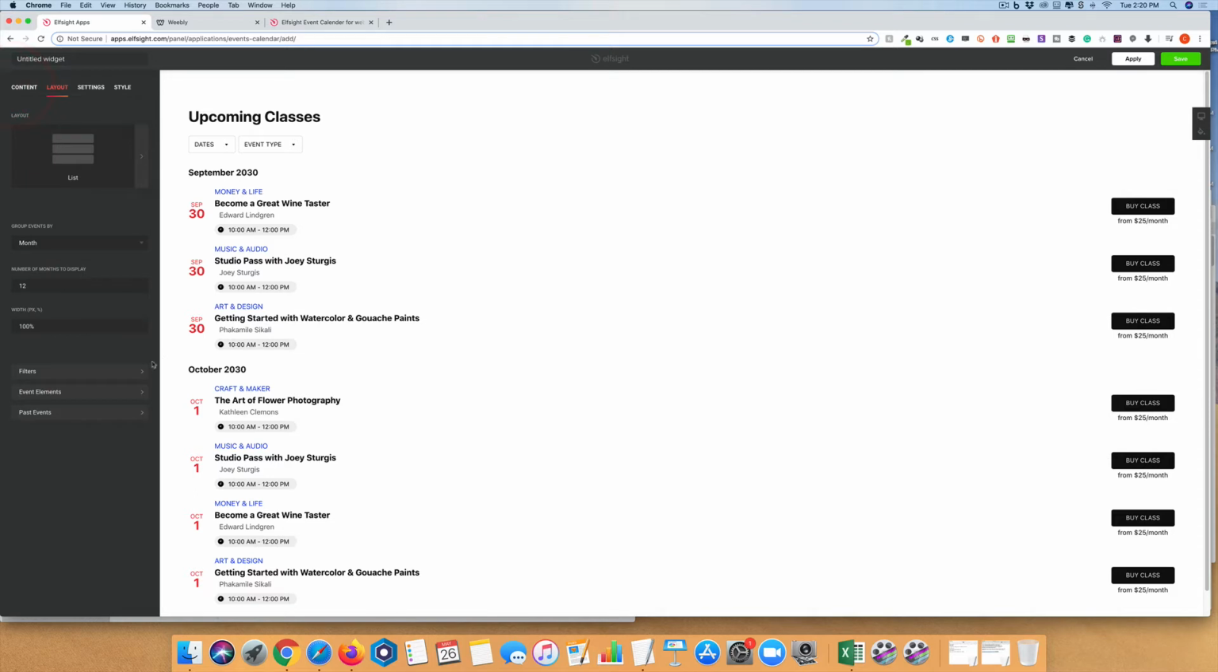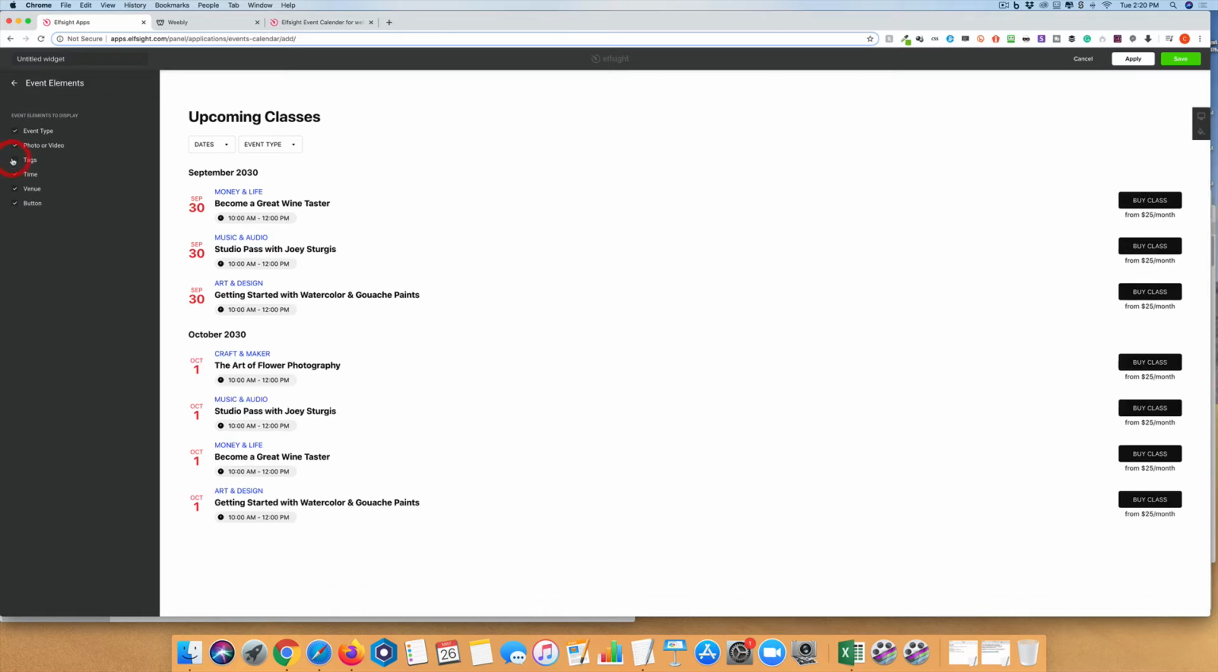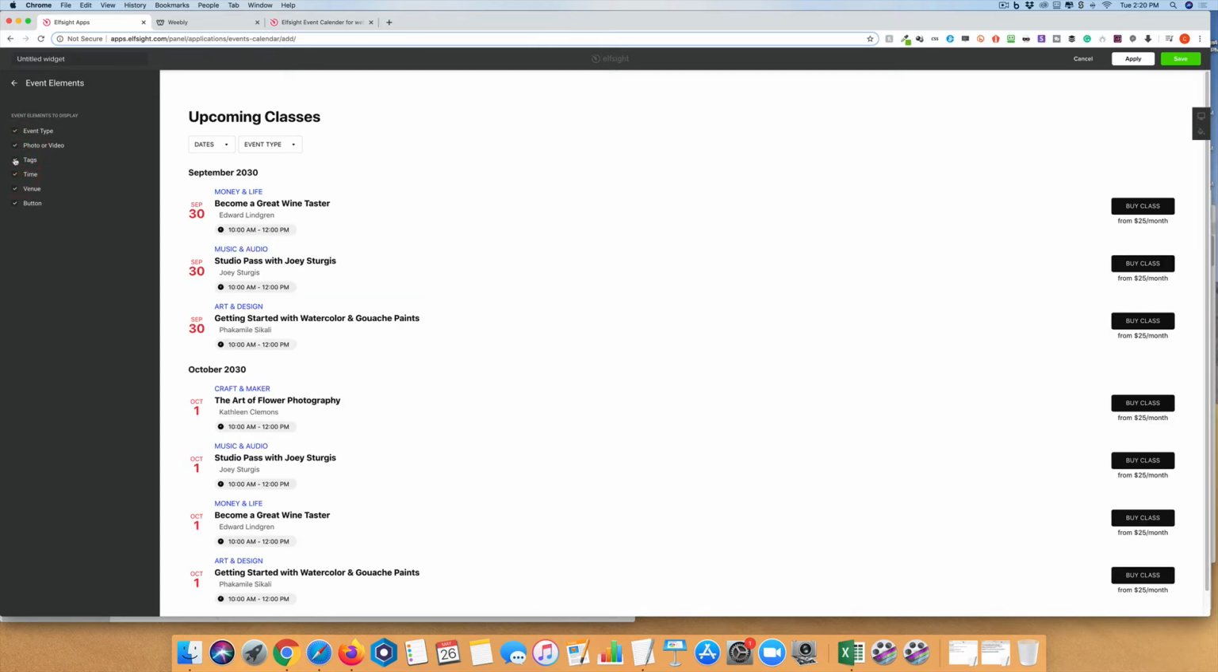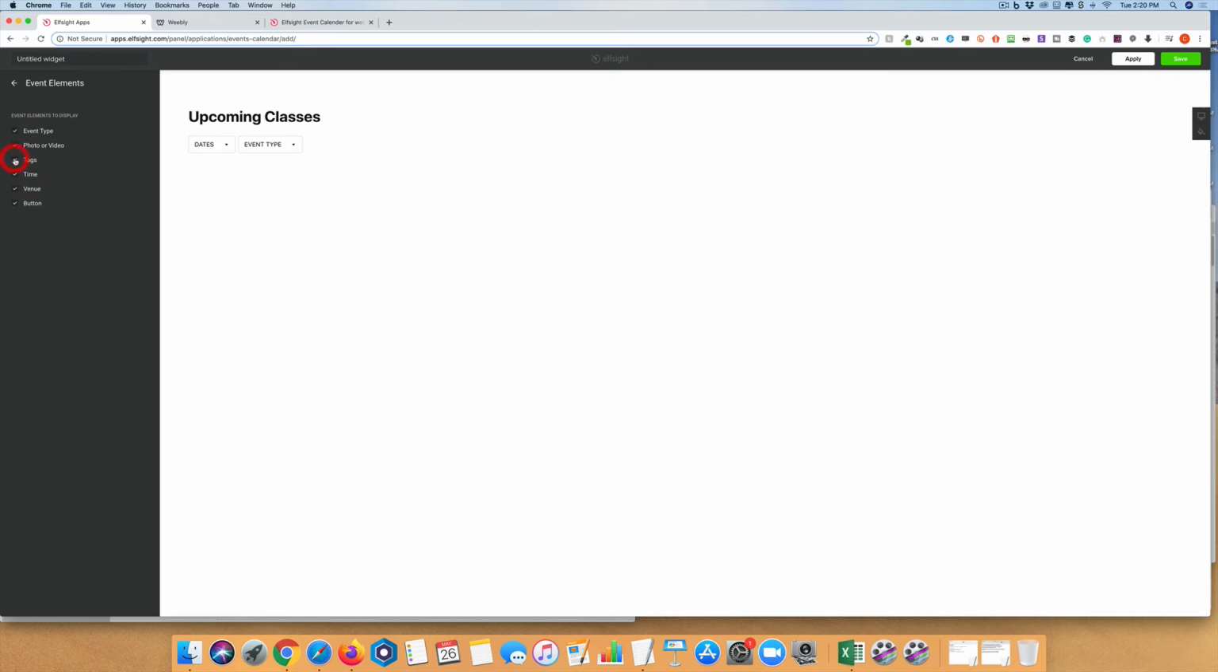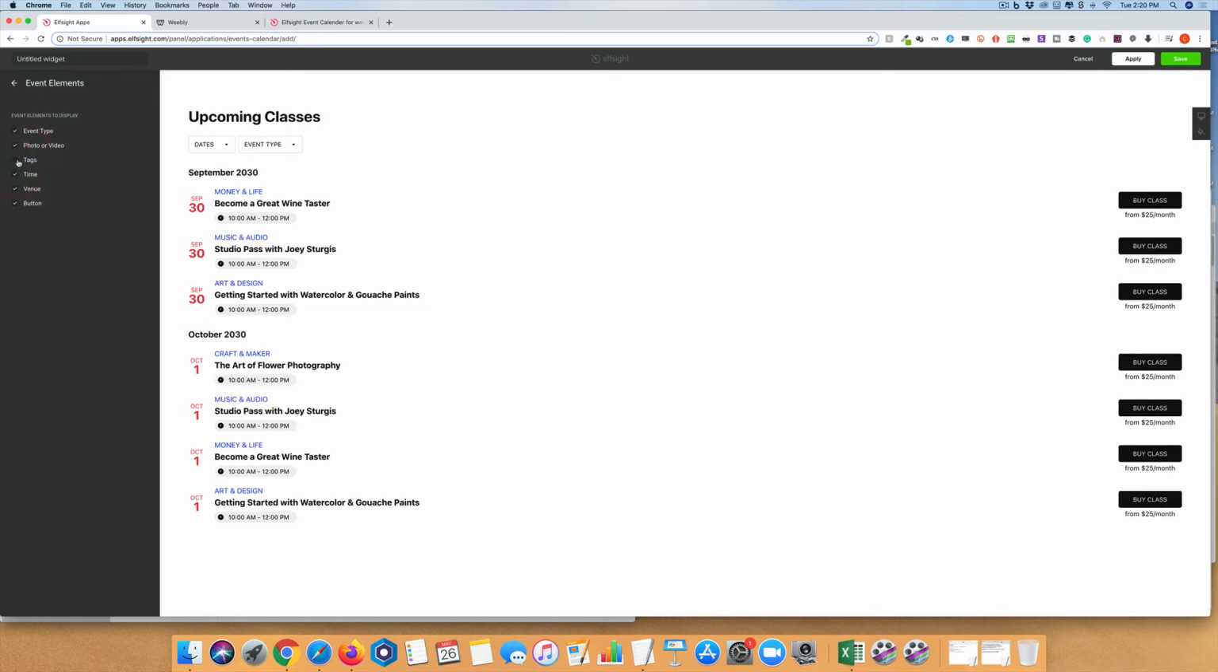And we come back here. We can talk about the different elements to display. If we want to take out the tags, I don't need the tags, but we could add them in if we wanted to. We could take out the venue if we didn't need the venue, right? And we could even remove the buttons over here if we don't need them, for example, to buy a class. So if we come over here back to event elements,